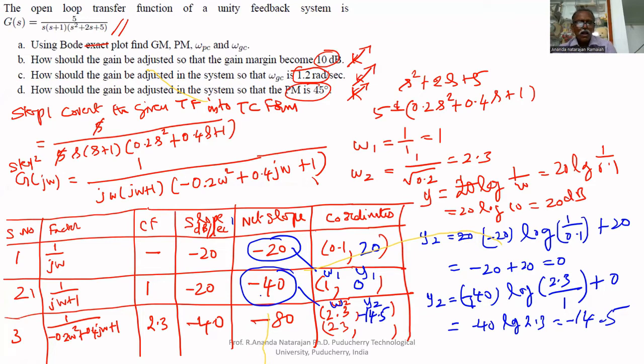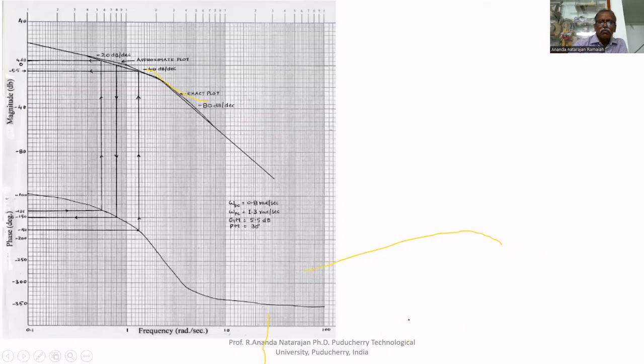Here, 20, 40, it decreases at the rate of minus 80. Therefore, 80 minus 14 is minus 94.5. The coordinates are 23, minus 94.5. Now we can draw the Bode plot. Before that, we have to find the